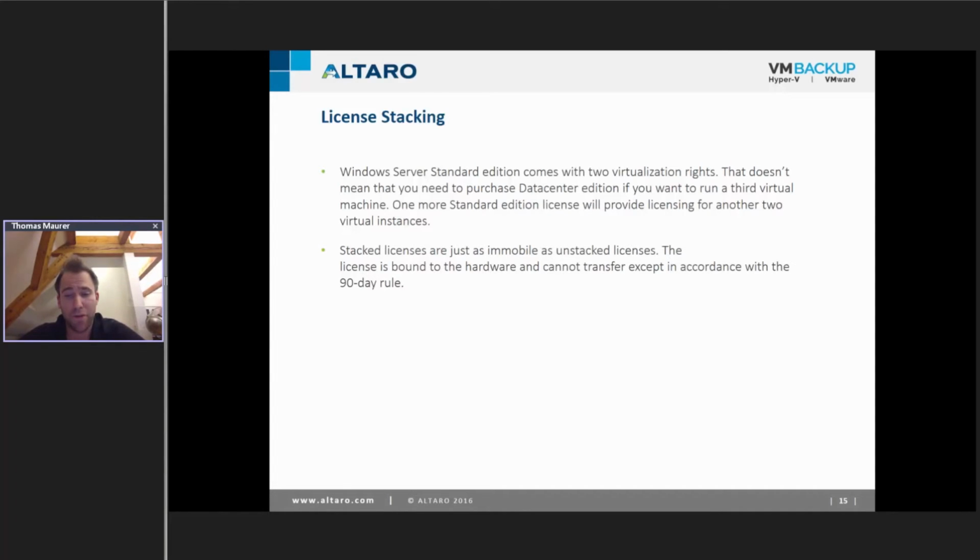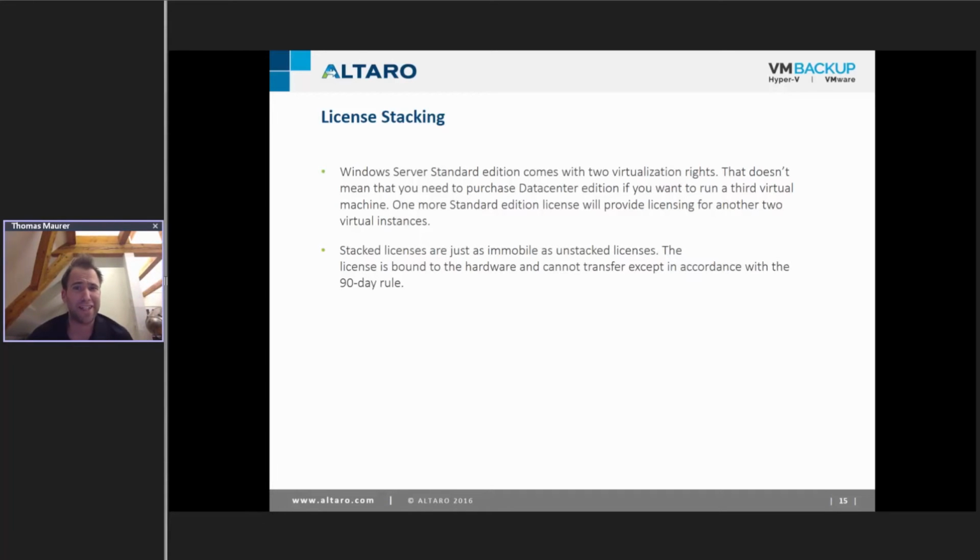But after 2 VMs, you don't have to switch to Data Center. You can still use Standard, and you can buy another Standard edition, and then you can create 4 virtual machines on top of that. That's called license stacking. You can add Standard licenses to your physical server.